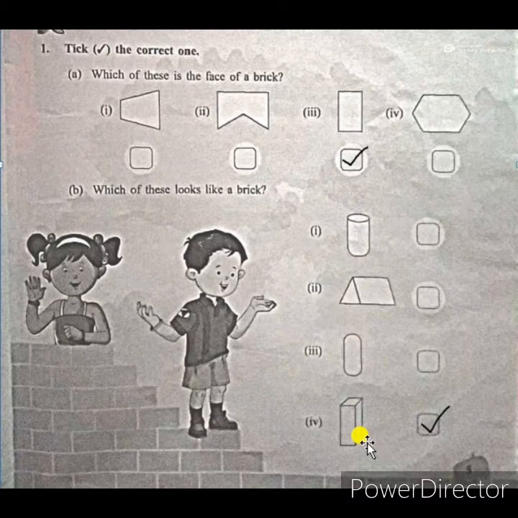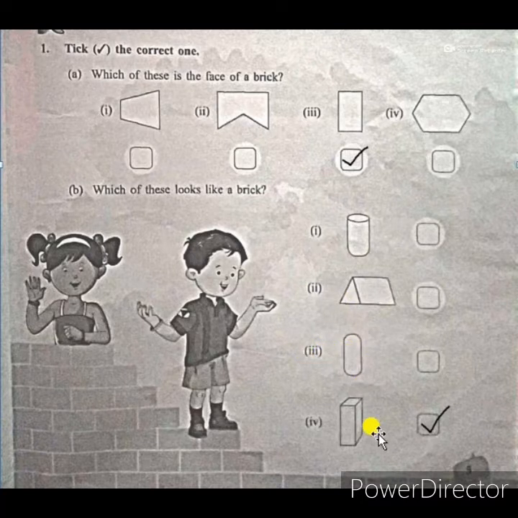The first one is not, because a brick has no cylindrical shape. The second one is a triangular shape. In a brick there is no triangular shape. When we were explaining this lesson, we learned that a brick has 6 faces, and all the faces are rectangular in shape. So the second one is also not like a brick. And the third one is cylindrical with an oval, curved shape, where both the ends are curved. A brick does not have curved edges. So this is also not matching.